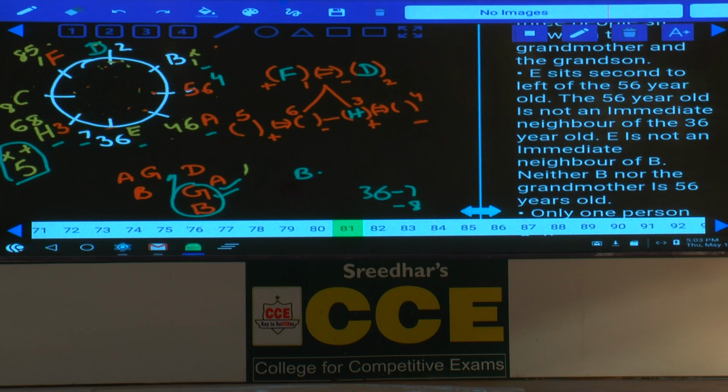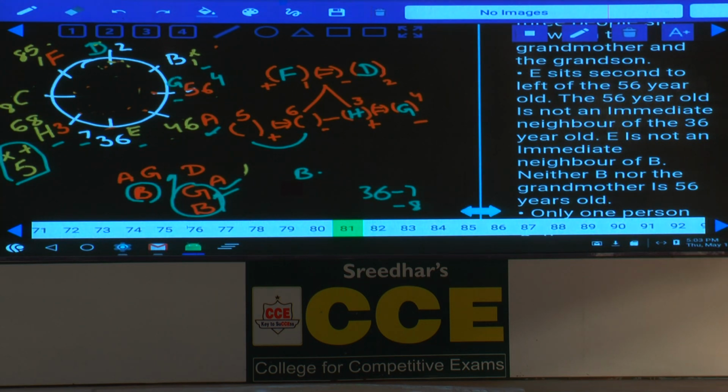G is at this place, because G is greater than B, isn't it? As G is greater than B, and G is greater than A as well, because A is 46. As A is 46, this 46 must be in the 5th and 6th places, isn't it? More than 36, in the 5th and 6th places, and so this G must be the wife of H. As G is the wife of H, this person is 56 years old, and this person is a female, and the next